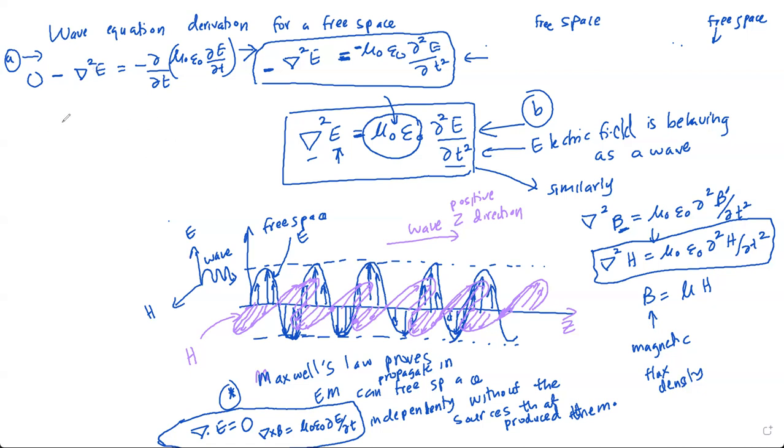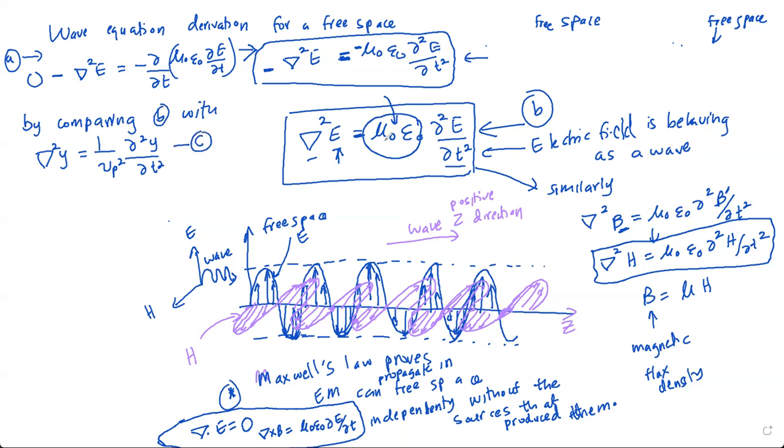So for free space, we can find the velocity of the electromagnetic wave using this wave equation for B. By comparing the equation B with the equation which I call the classical wave equation, which I can denote using 1 over velocity squared into the second derivative of displacement with respect to time,